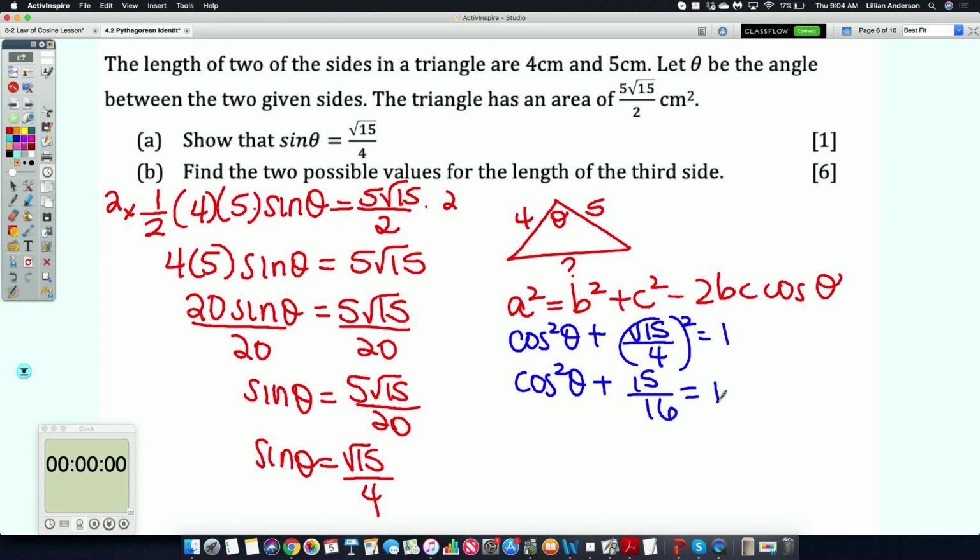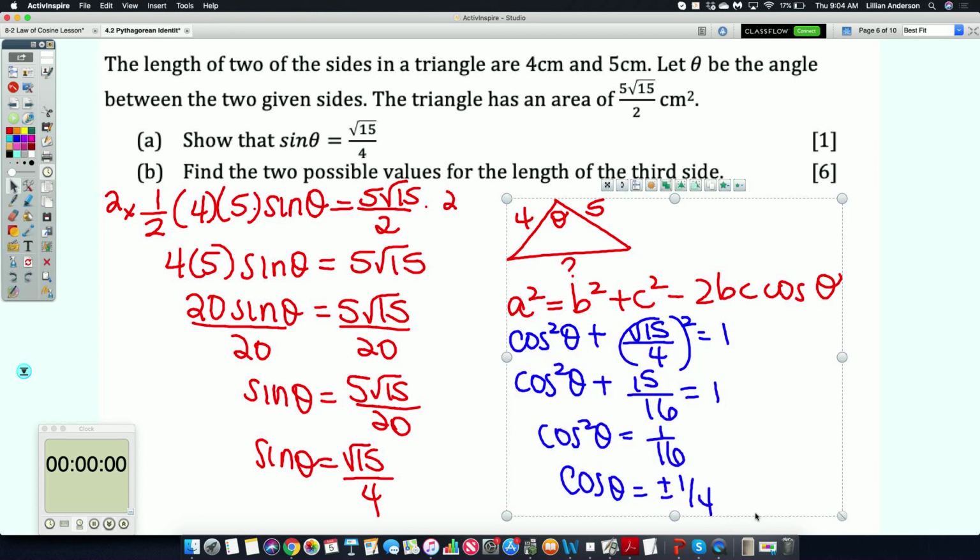How do I keep solving? Subtract. So then that gives me... And then when I take the square root, cosine theta is going to equal... And it did say find the possible values, right? So you need the plus or minus in this particular case. So now that I know that cosine theta is equal to 1/4,